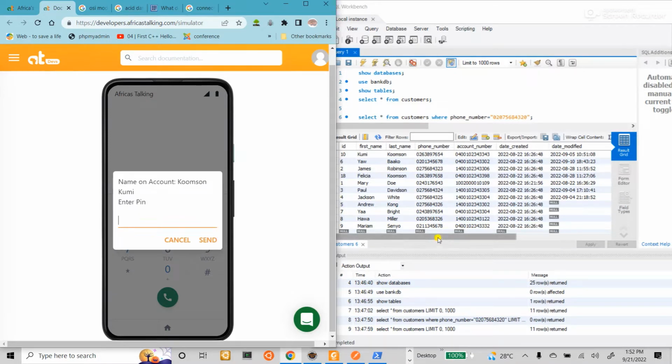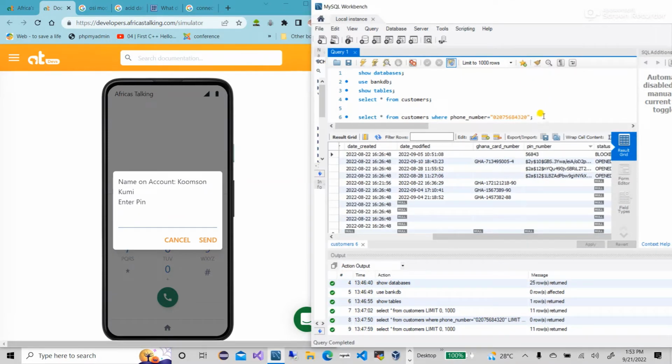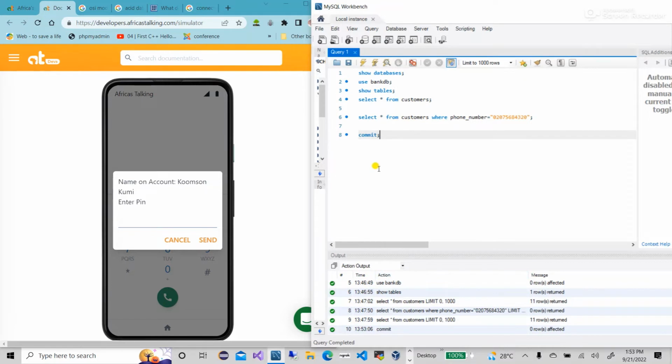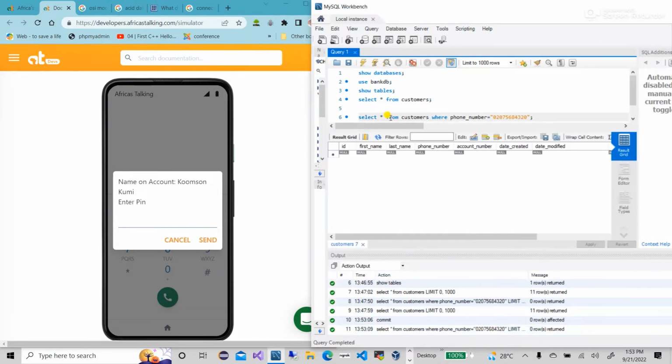Let's enter the pin. Oh, transaction is already active. Let's do a commit here. I think it's on auto commit already. It's already on auto commit. So why is it? Right, so let's go back